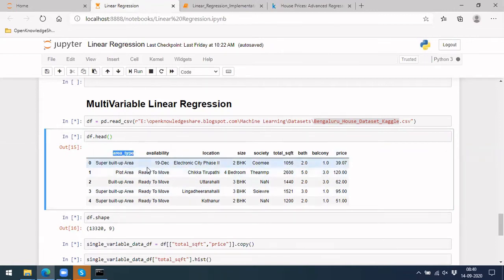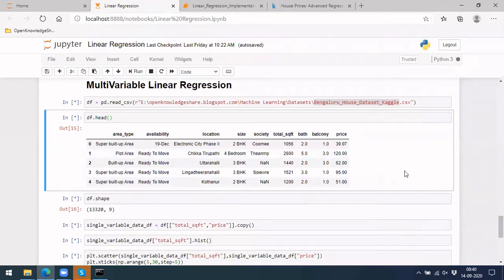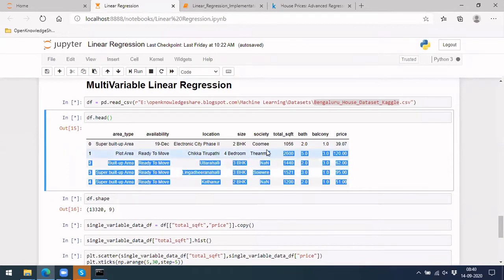Based on area type, availability, location, size of your flat, society, area, number of bathrooms and balcony, these can be the factors which will impact your flat cost, the selling price.